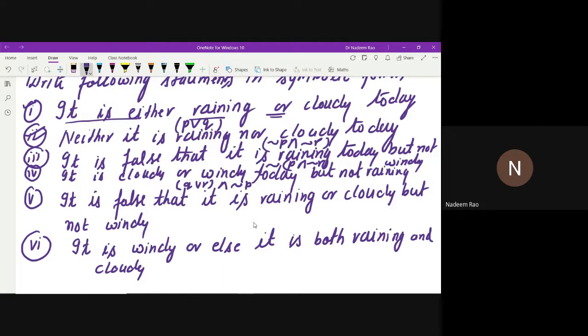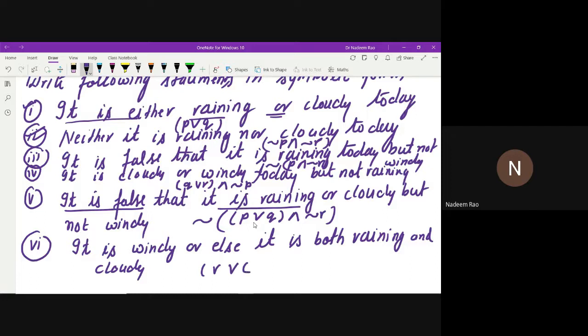It is false that it is raining. First of all, we will deal with it is raining, that is P, or cloudy, that is Q, but not windy, that is and negation of R. Okay, or it is false. It is false, that is negation of it. It's very simple. So it's raining, it's windy, that is R, or disjunction,